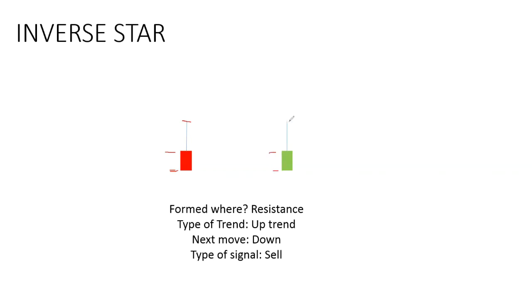This is the high, but it couldn't close anywhere around there. So what it means is, let's take a look at it. Let's see, if price opened here, they went up and tried to break. Let's see if it's at the resistance. They tried to break the resistance, but then the sellers are now